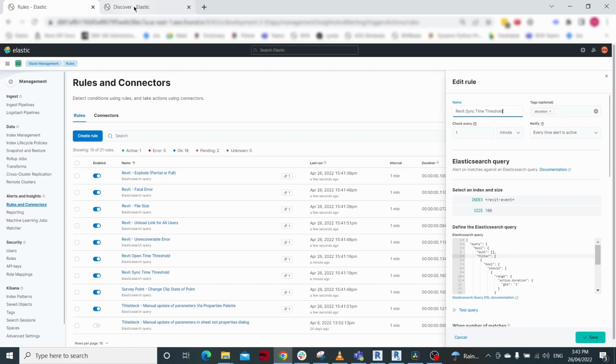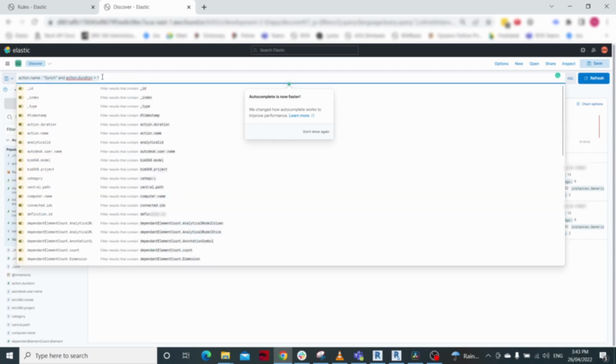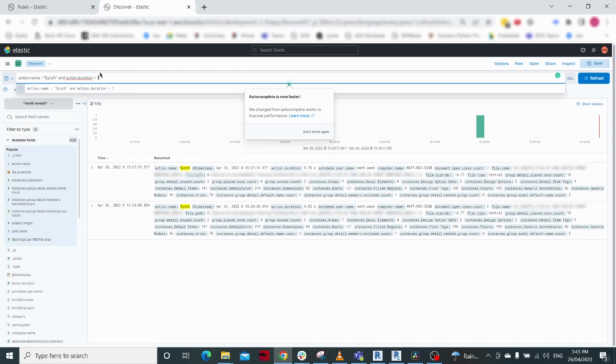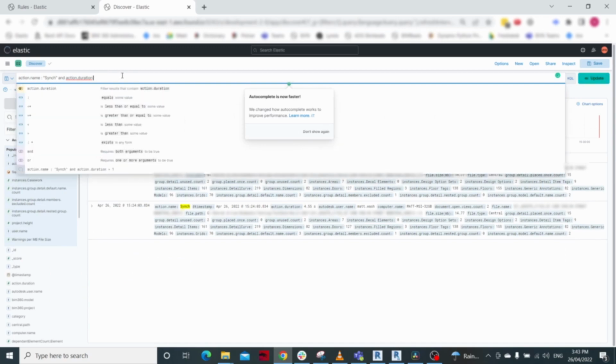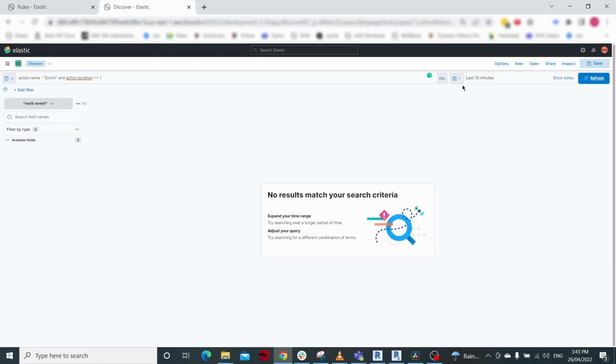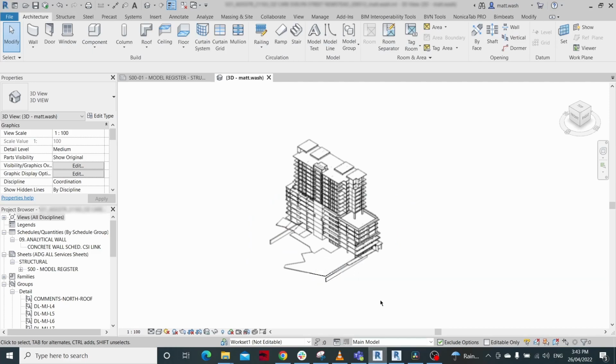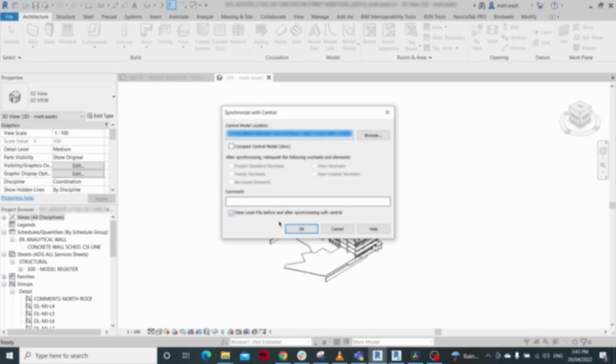So if we jump into Discover and we look at that search criteria, we're essentially saying action.name is sync and action duration is greater than 1, or in fact we said greater than or equal to 1. So we can say greater than or equal to 1, and then we can update. So if we say in the last 10 minutes, let's go in and perform this action with a file I've already got open. So if we come in here to a file, and I hit synchronize,